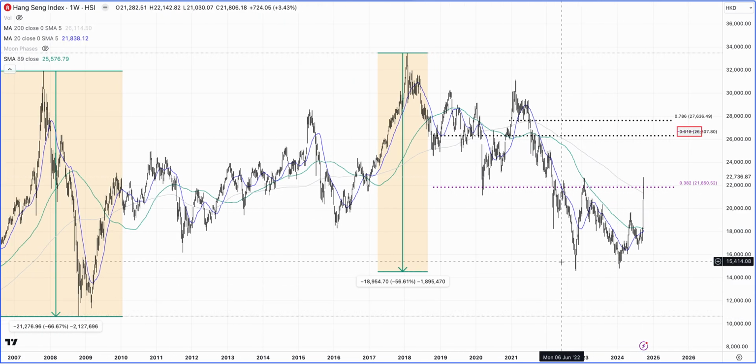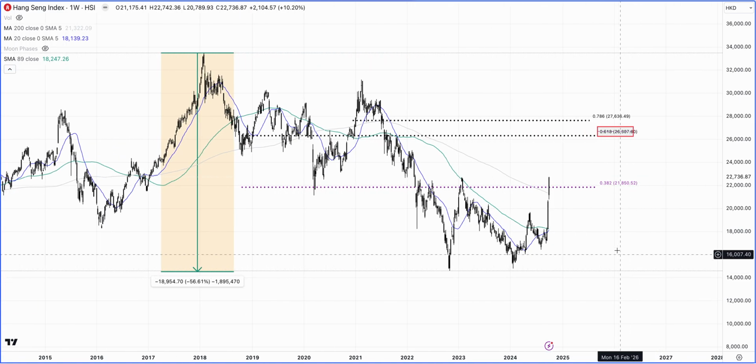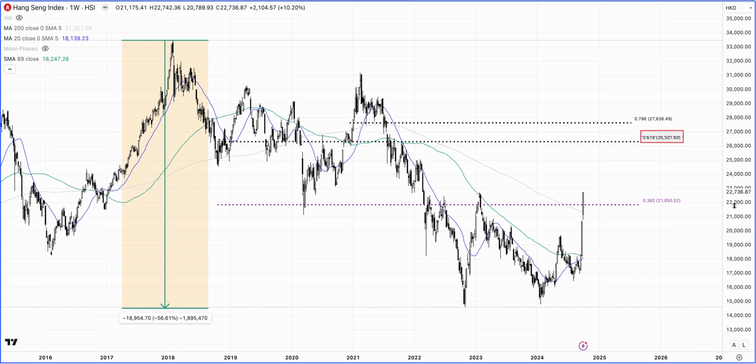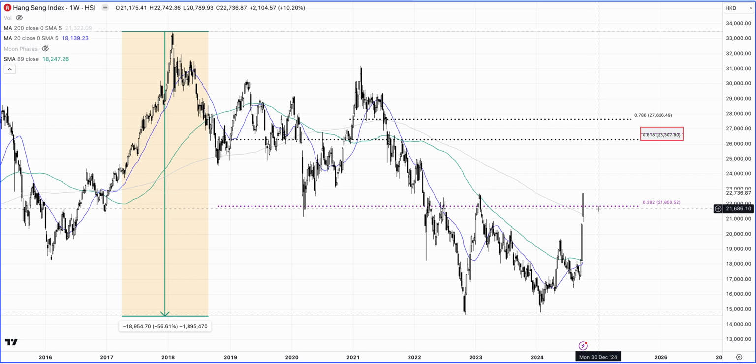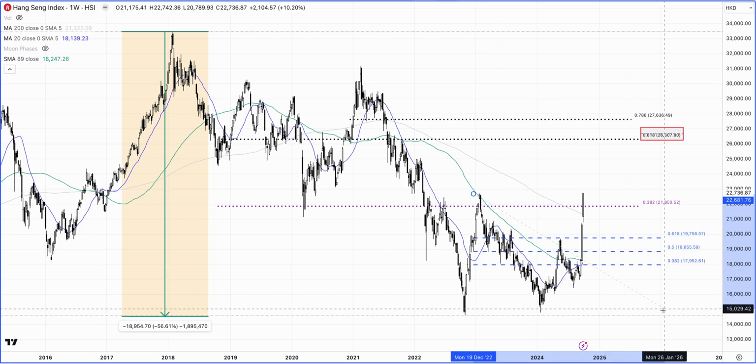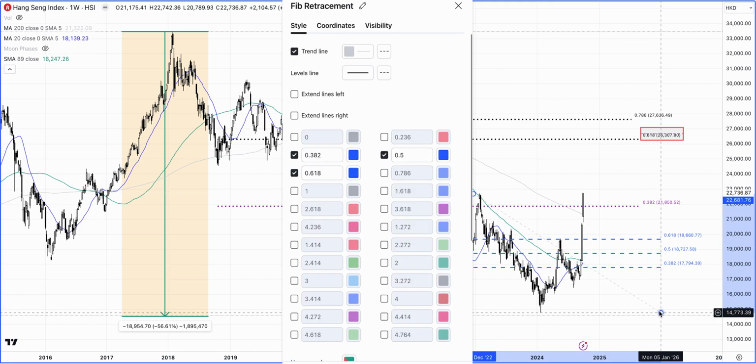And one of the things is that it looks like it formed a double bottom around here. And with the stimulus coming up, this market is also pretty strong. The chances are, after breaking above the 38.2% retracement, it's right at this swing high. I think, in my opinion, it's actually targeting this 26,307 figure, which is going to be the 61.8% retracement. I did not do the expansion of it, but just based on the FXI, because the pattern looks very similar. There you go.